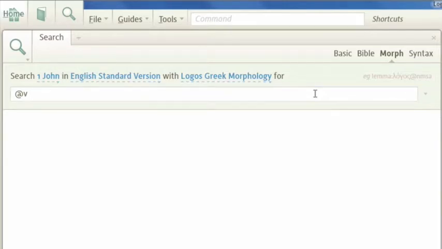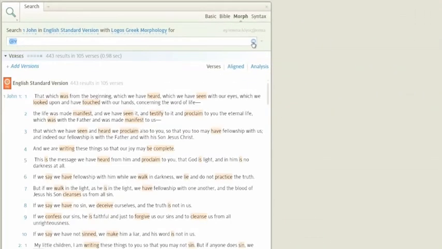Usually when we think of searching the Bible, we think of searching for particular words, like grace or faith. But with the morphology search, you can search for parts of speech or categories of words. And I'll show you something really cool that you can do with the analysis search view. Now let's go ahead and click the arrow here to start a search. And in the verses view, you can see